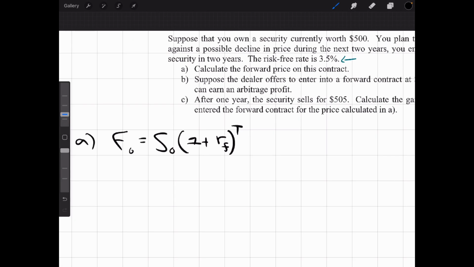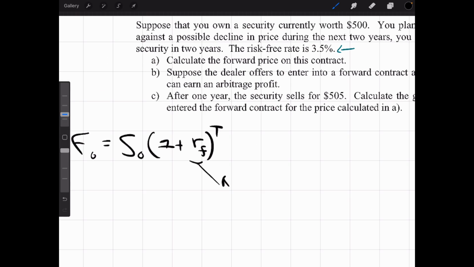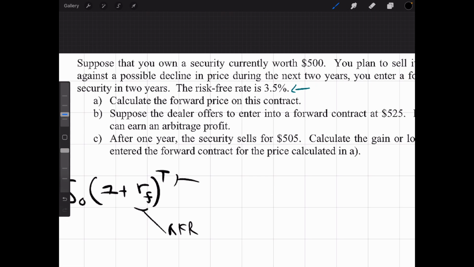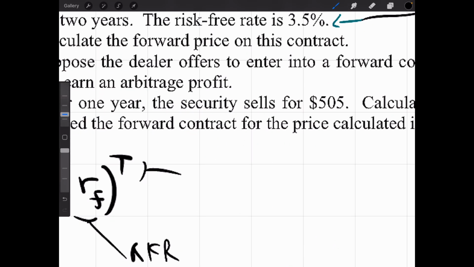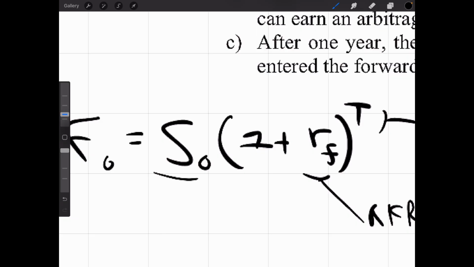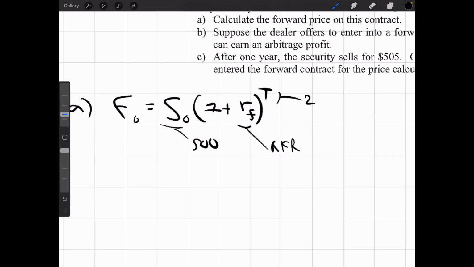So essentially, this right here is the risk-free rate. T is the amount of time here. So 2 years. So this is going to be 2. And then this is like your starting price, so 500. And this gives you,